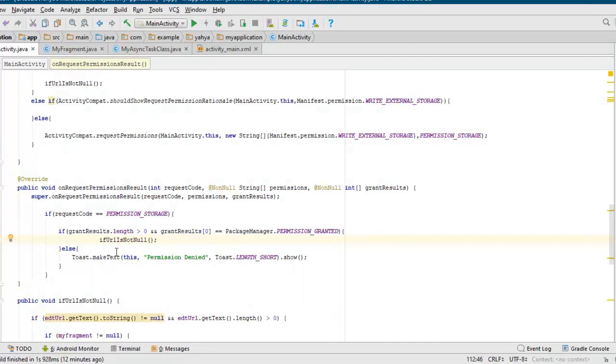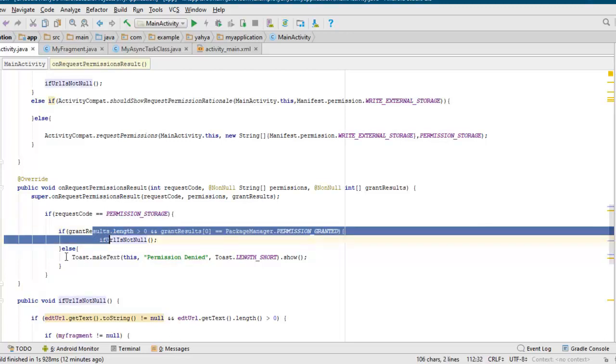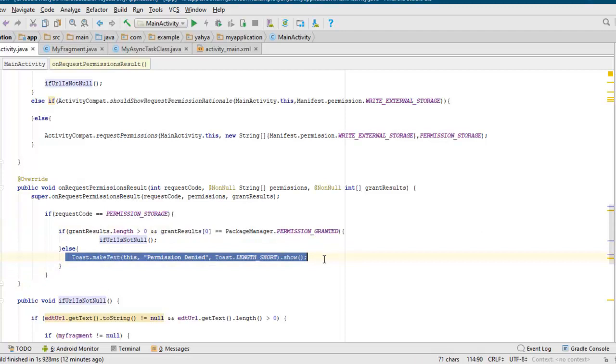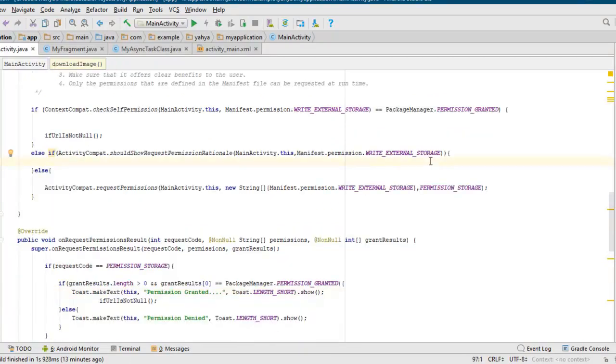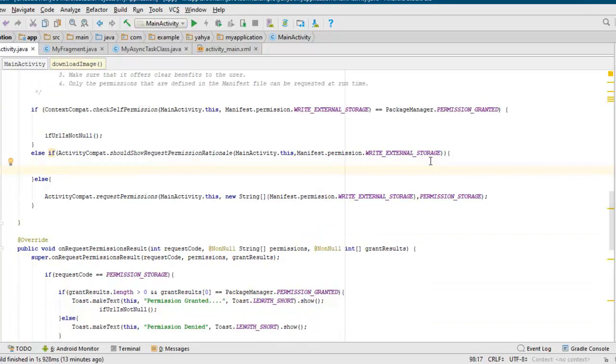In here, put the work that you want to be executed whenever the user grants the permission to your app. If the user didn't grant the permission, it comes to the else statement and executes this part of code and says permission denied. And also in here I toast a message to the user that the permission is granted. If it is the second time the user clicks on the download button, you must